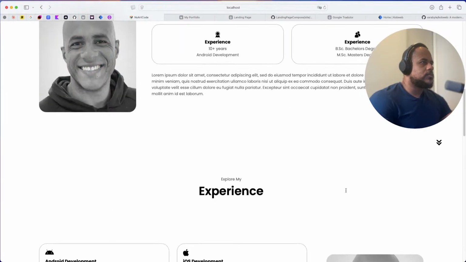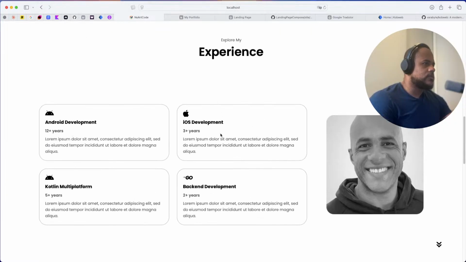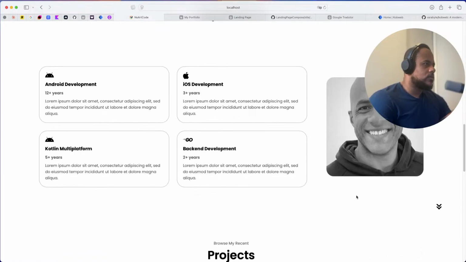Now the next step will be removing this. Just clean up this. Maybe remove this image, adding two more cards here, or just keep this too. I don't think I have